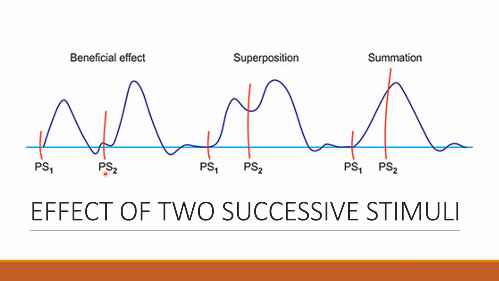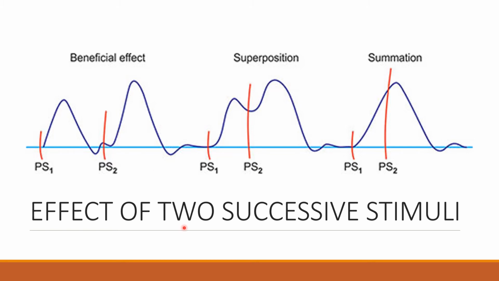So then the magnitude of contraction changes depending on the time of the second stimulus. Okay, so two stimuli we are applying successively, that is one after the other immediately, and depending on the timing of the second stimulus applied immediately after the first stimulus, the magnitude of contraction of the second wave will change. Okay, so that is the process of this experiment or this graph.